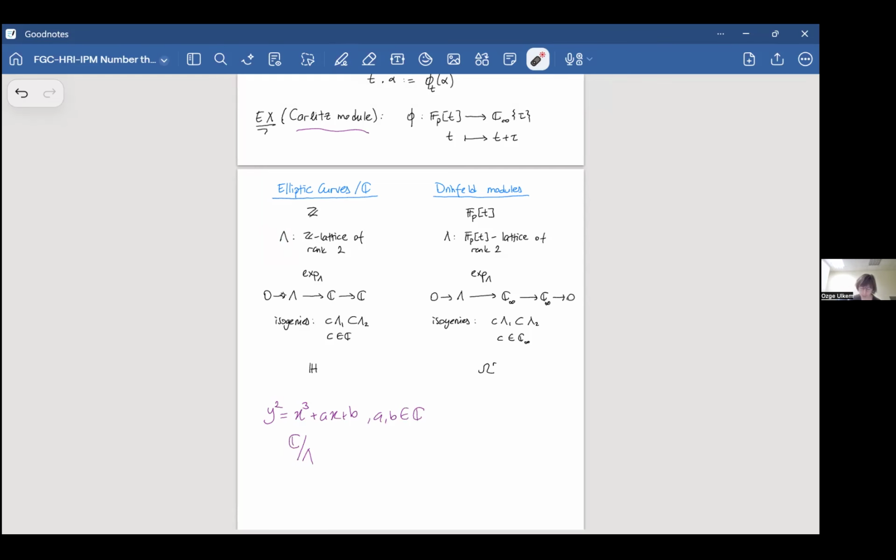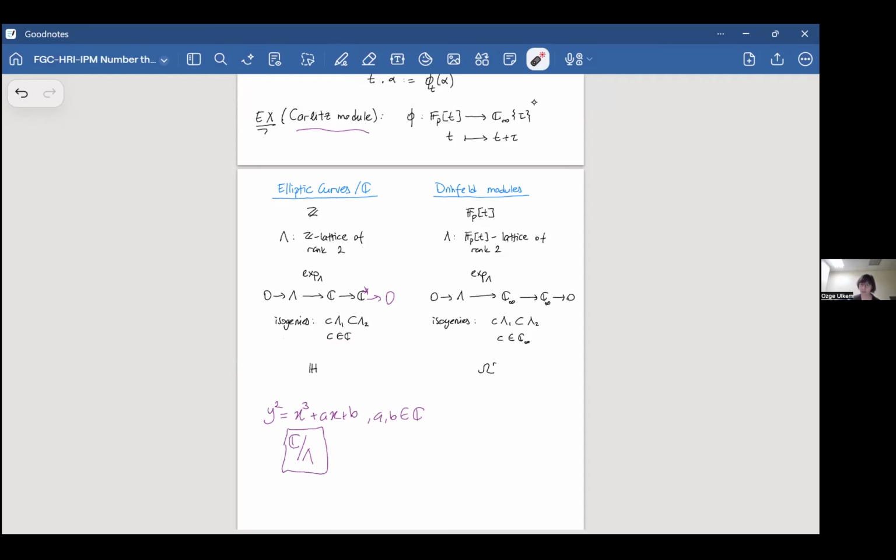Moreover, we have such an exact sequence. And thanks to this uniformization, isogenies of elliptic curves are given by isogenies of lattices, which are homotheties of lattices, where c is in C, and everything holds in the function field setting as well,